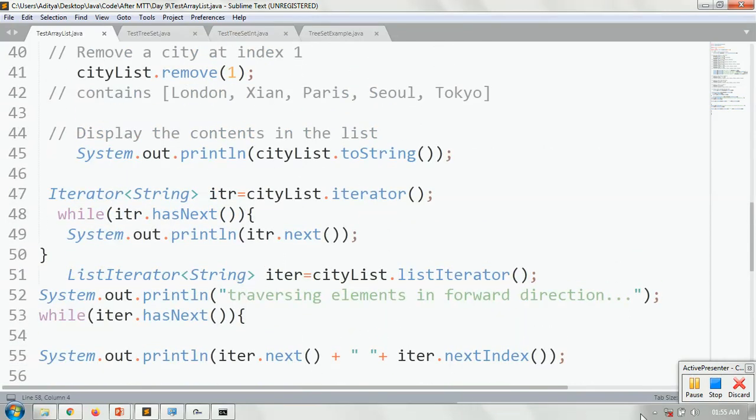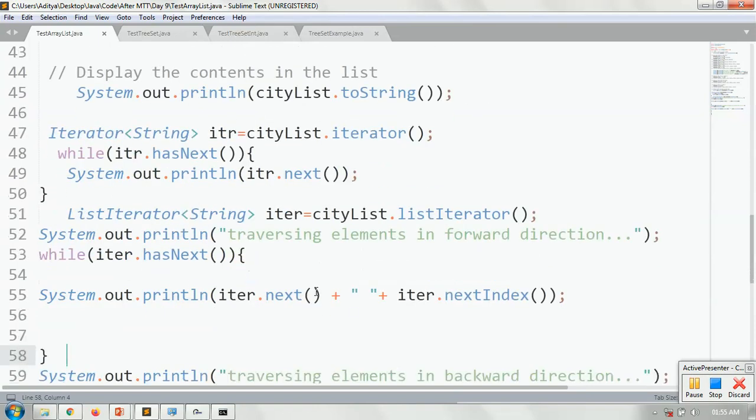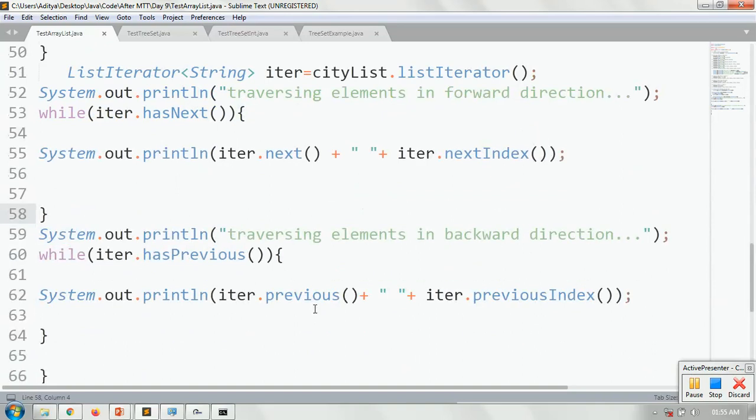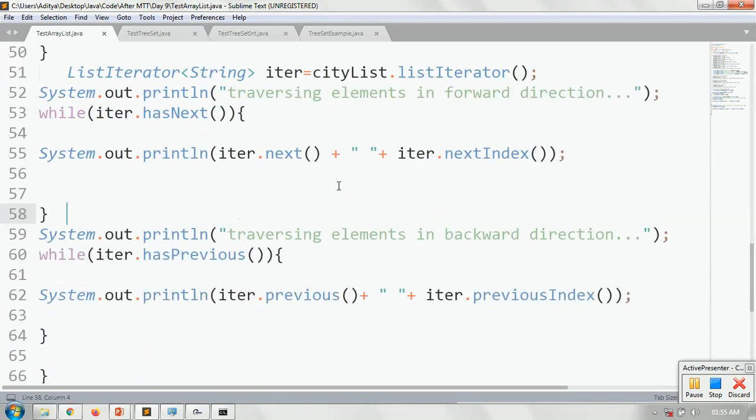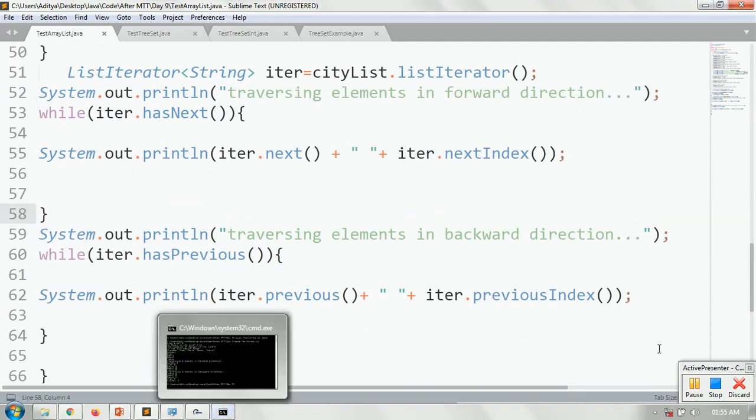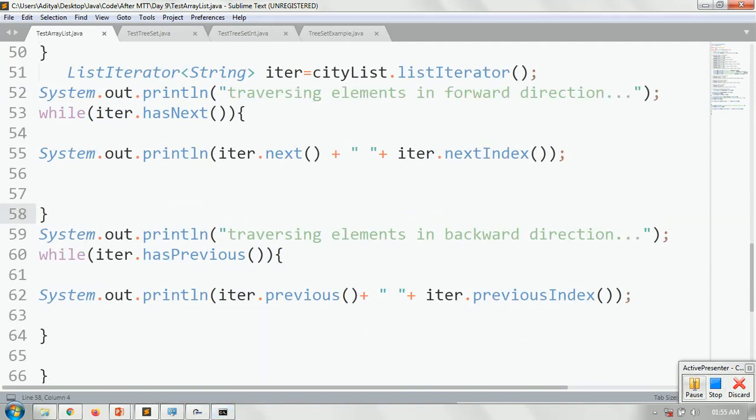Because ArrayList we have seen already, we have to only focus on the iterator and the ListIterator itself here. We have the next method, we have nextIndex, we have hasNext, similarly we have hasPrevious, previous and previousIndex. Again we have Iterator where we have hasNext and the next method. One thing you should be very clear: the ListIterator only works for the List interface. It doesn't work for any different collection framework. It is only available for the List itself.